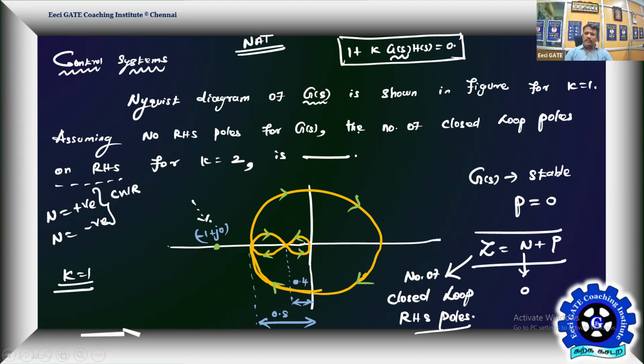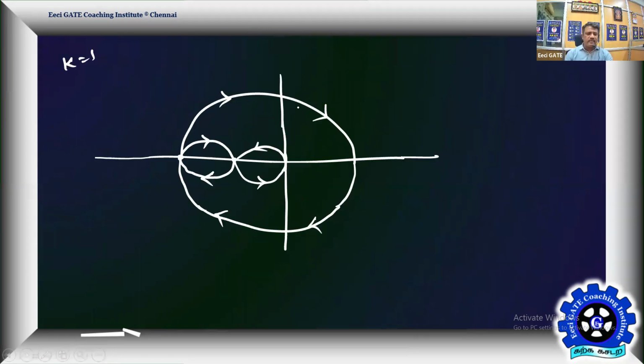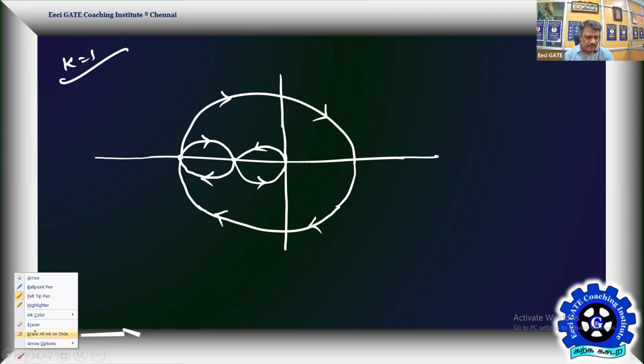Yes, what we need to find out is probably the stability of the system, and how many poles the closed loop system has on the right hand side. That means we need to find Z when K is equal to 1. So when K is equal to 2, what is our Z? K is equal to 1, Z is given. When K is equal to 1, what is Z? As per the data given,